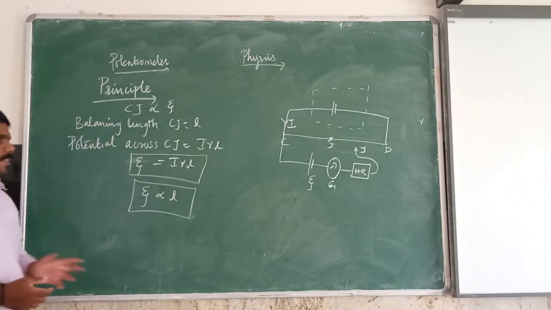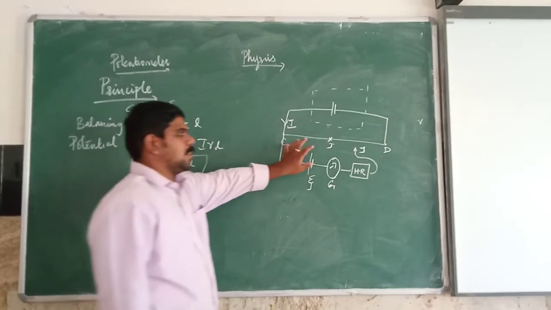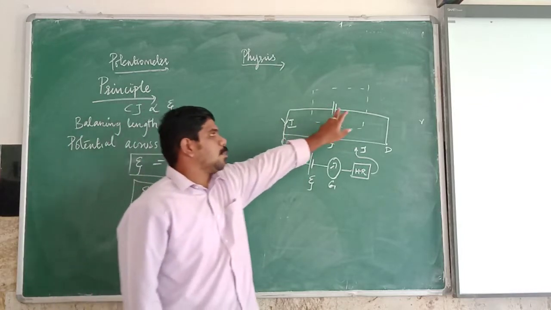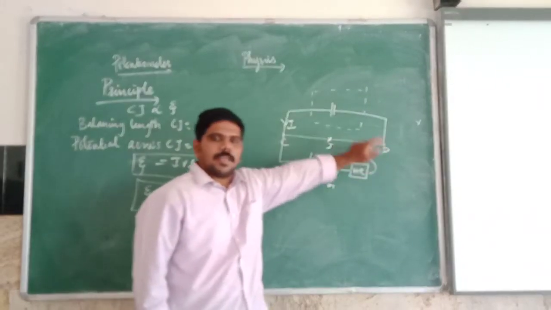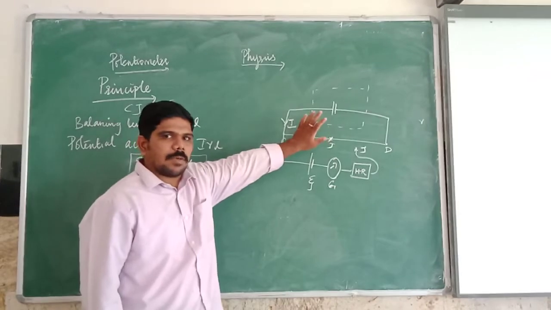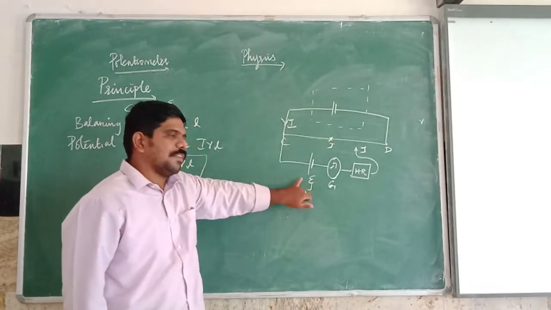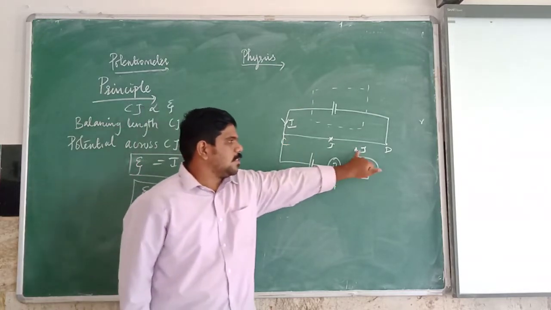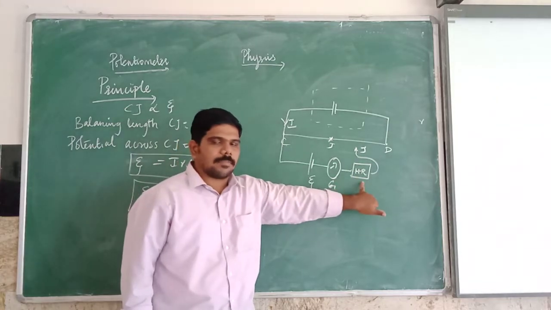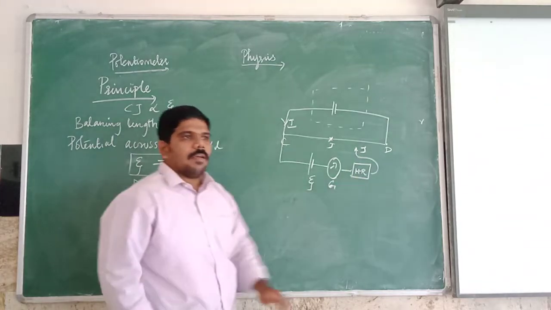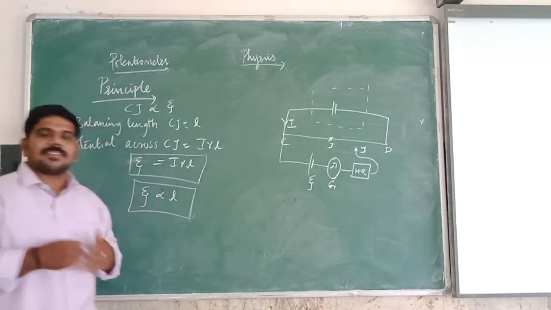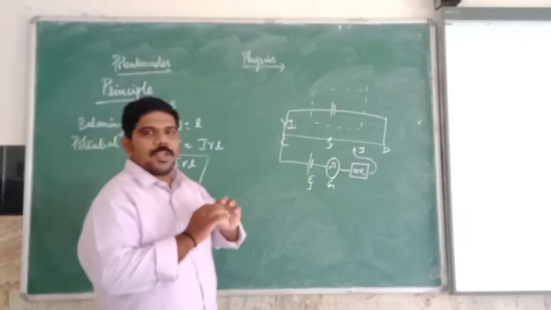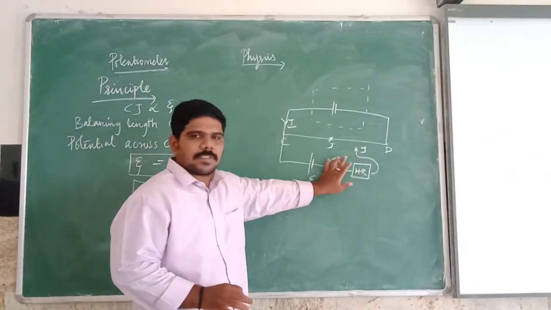So what are the parts we are saying? First, we take the potentiometer CD. The positive of the battery will be connected to the C end of the potentiometer. The negative of the battery will be connected to the D end of the potentiometer. This forms the primary circuit. Now we take the EMF cell. The positive of the EMF cell will be connected to C and the negative of the EMF cell will be connected to the jockey through the galvanometer and high resistance. Okay, clear? Now, when the potential difference across the balancing length CJ is directly proportional to the EMF of a cell, there will be no current flowing in the circuit, so the galvanometer shows zero deflection.